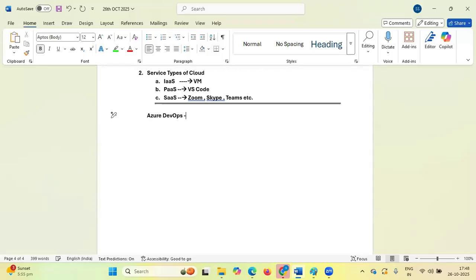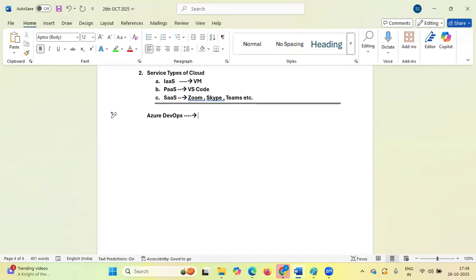Almost all organizations are using Azure DevOps because Azure DevOps is not a single service; it is a suite of services. In Azure DevOps, we have Azure Boards, Azure Test Plans, Azure Artifacts, Azure Pipelines, Azure Repos. So from start to finish, the entire project life cycle, you can plan on Azure DevOps.